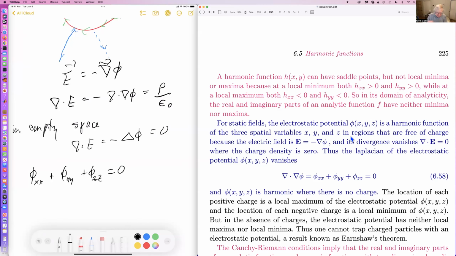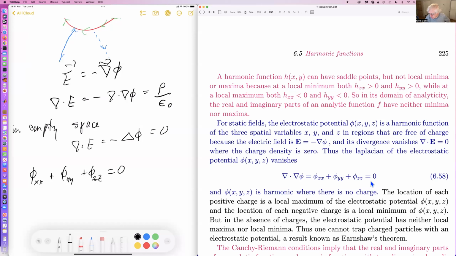Well, you can't, because the scalar potential is harmonic. Harmonic means the sum of the second derivatives vanishes, and that term harmonic applies whether you're in 3 dimensions or 4 dimensions or 2 dimensions, I guess even 1 dimension. Anyhow, a harmonic function can't have a minimum, so the electrostatic potential has no minimum, and so you can't confine a charged particle with just electric fields,